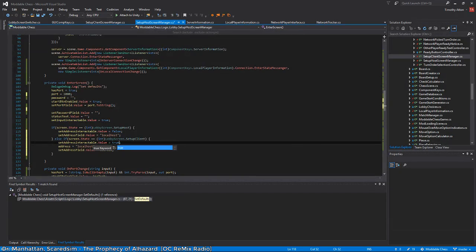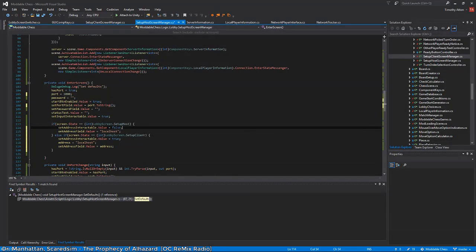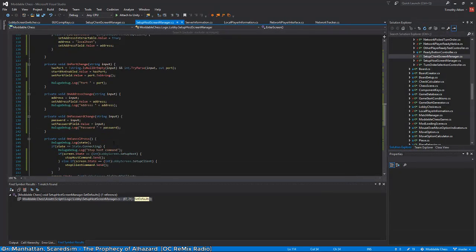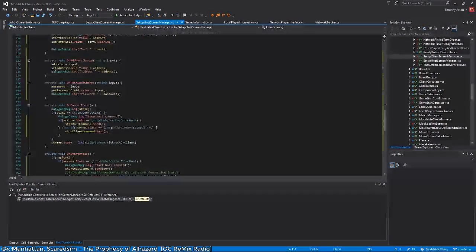True. Okay, and so I also need to set the